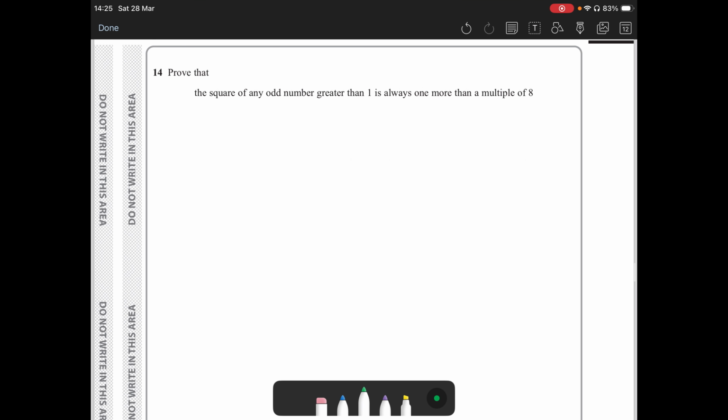Okay, number 14, prove. Prove that the square of any odd number greater than 1 is always one more than a multiple of 8. There's a lot of words going on here. So if English is not your first language, this will be double tough. So let's think about it. The square of any odd number, right? So algebraically,